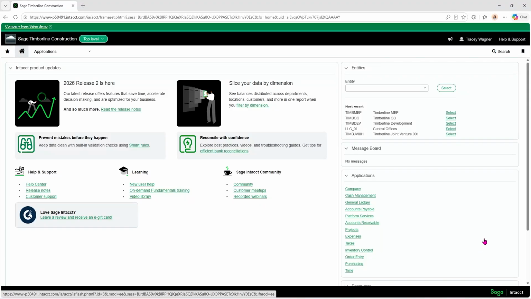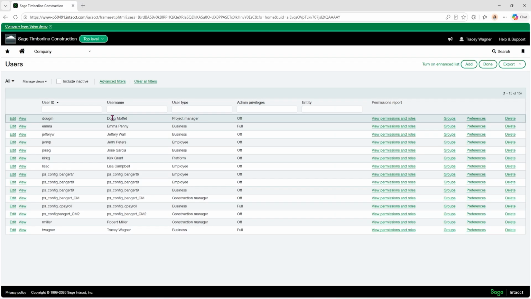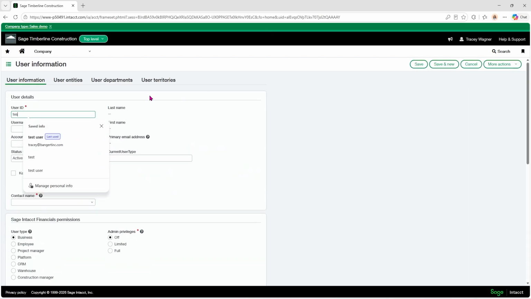And today we are going to talk about why you're getting an error message when you try to add a new user. There is a reason for it, and I'm going to explain that to you right now. If we go to company and admin and users, if you are an administrator on your account, so if you have admin privileges over here and you are trying to add a new user,